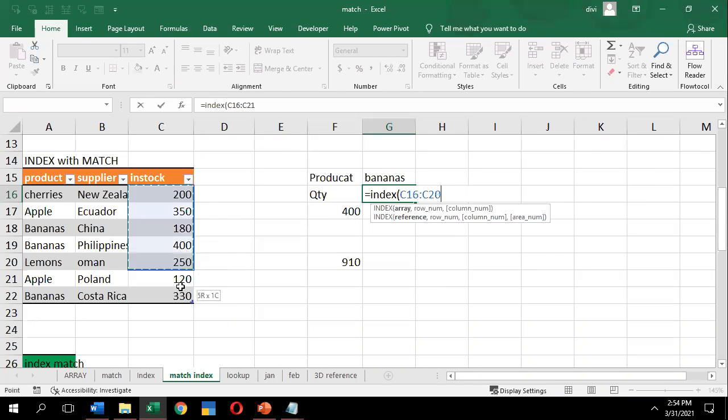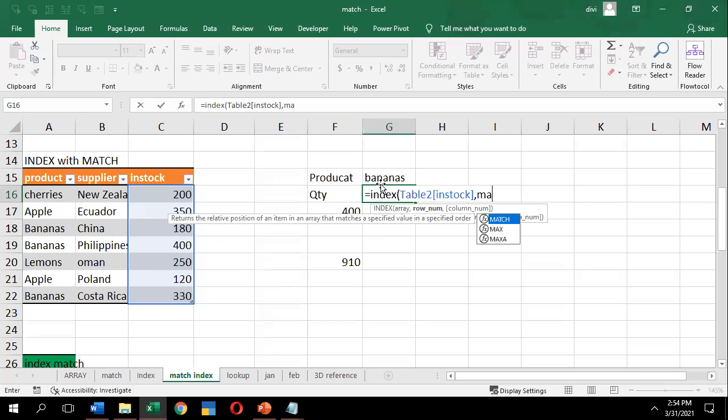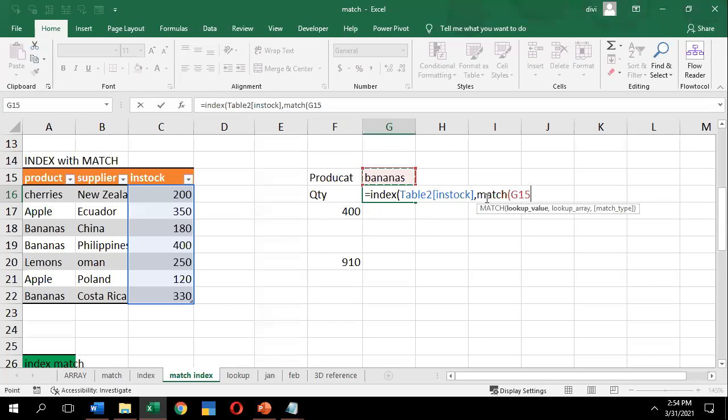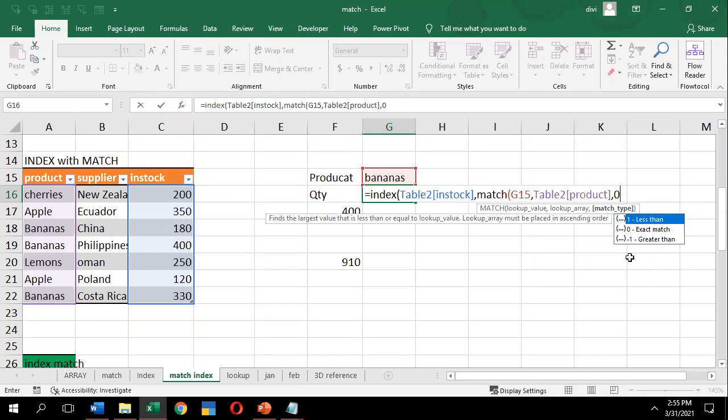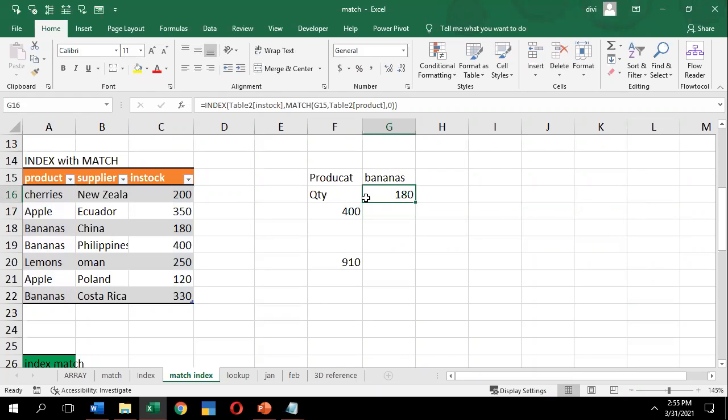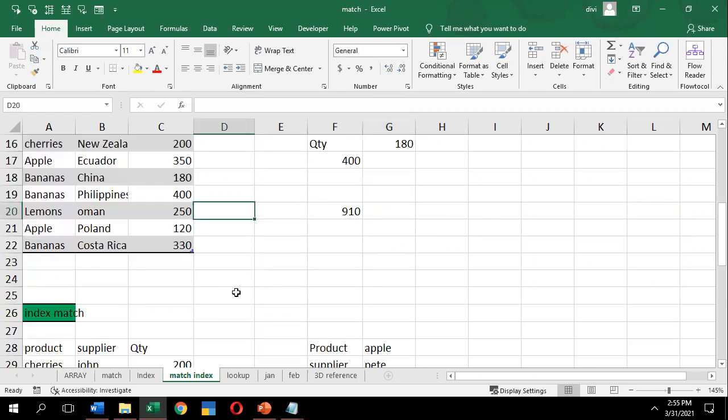The array is your in-stock column, comma, row number, comma, MATCH. What is the lookup value? Bananas, which is a brand name from cherries to banana. Close it, comma, exact match. You can either type or select. Close the parenthesis twice and click enter. So the banana value is 180, the first value that has been presented.